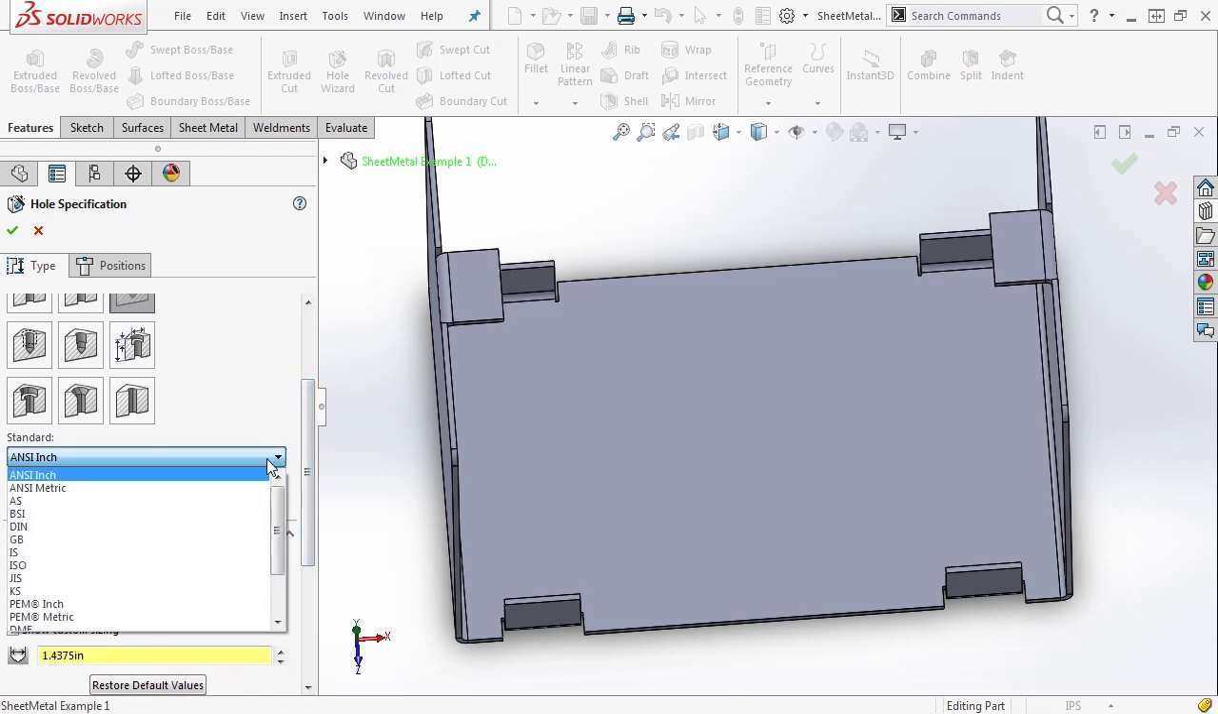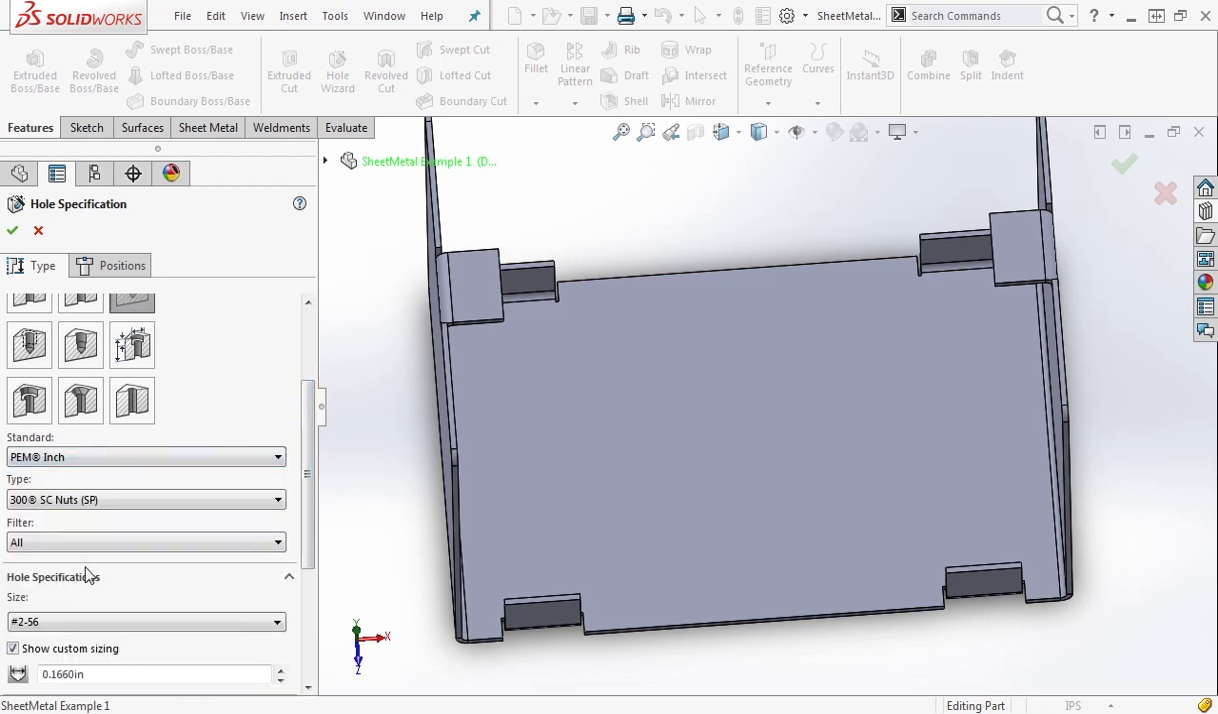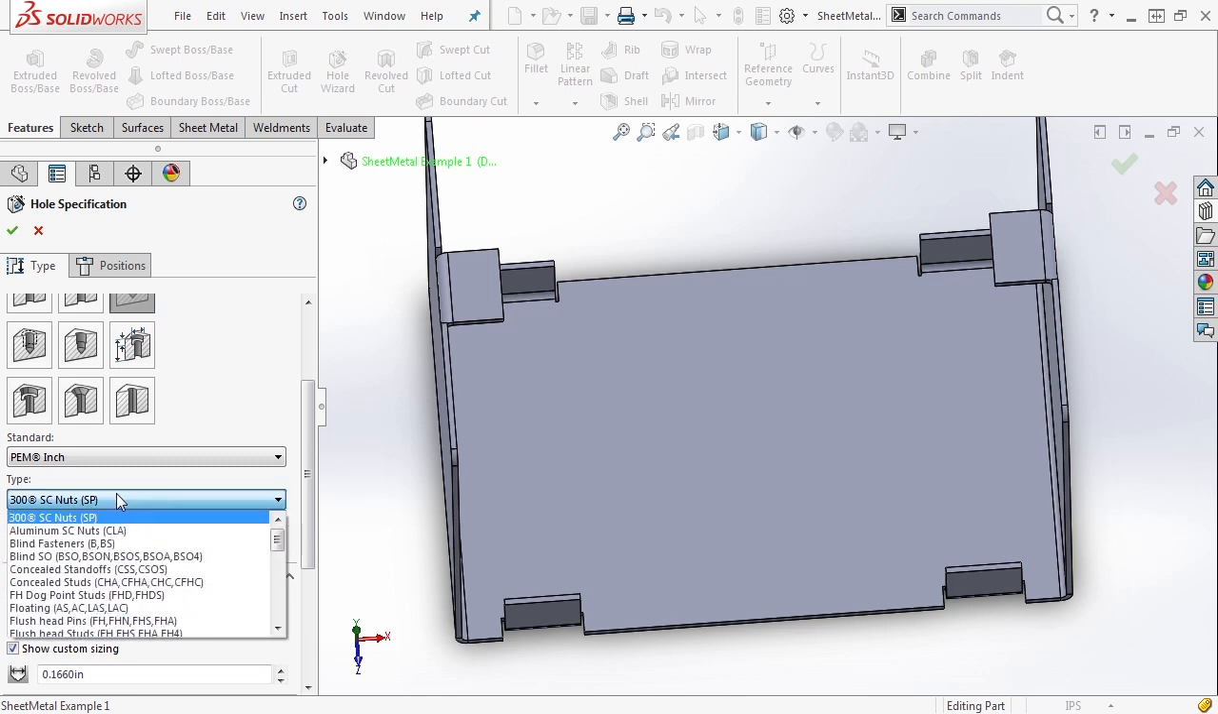For instance, under the standards, I actually have a section for PEM. Now, if you've done sheet metal work or you're familiar with sheet metal work, then you understand what a PEM insert is. Basically it allows you to use a specialized type of sheet metal fastener. In SOLIDWORKS 2015, they added this, but in 2016, you can make sure that you use the PEM inch or PEM metric options. You don't have to look through a big list of hole sizes